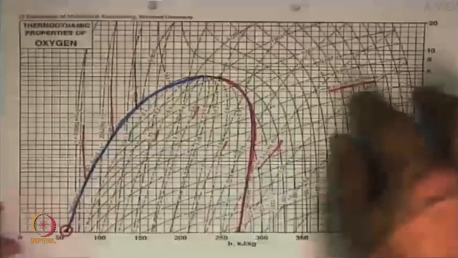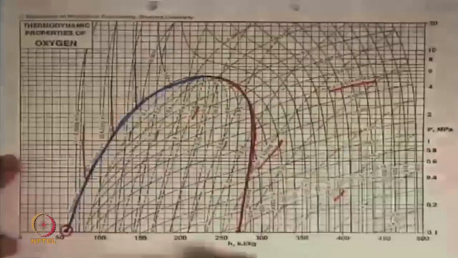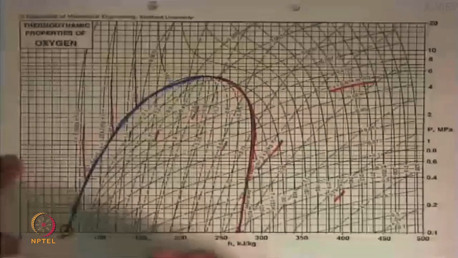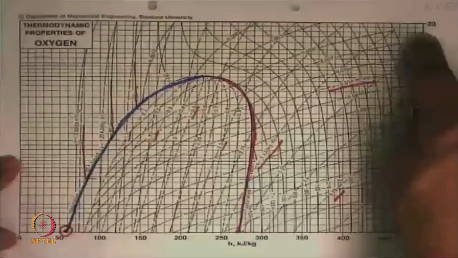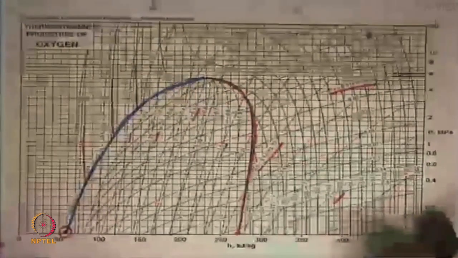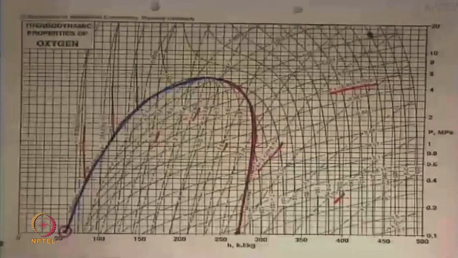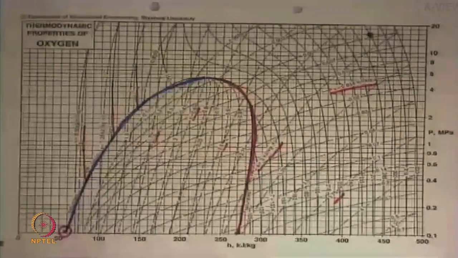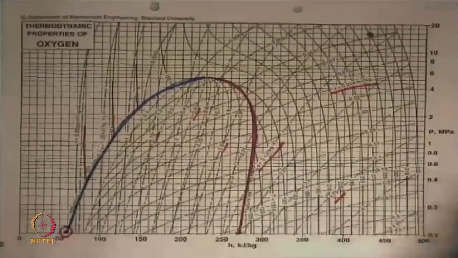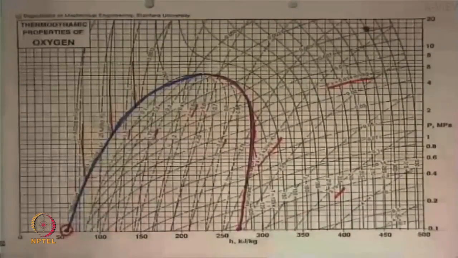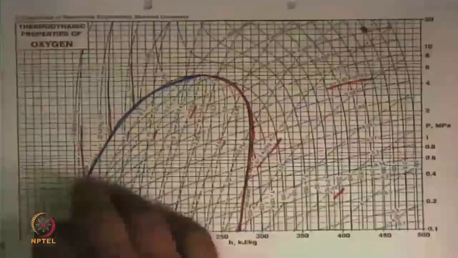For example, a medical oxygen cylinder that comes filled at 150 bar. 150 bar is 15 megapascal, which is somewhere here. And if you ask what is ambient temperature, that's about 300 Kelvin. So the 300 Kelvin line is here. So a medical oxygen cylinder is at this state here. Highly superheated vapor, but substantially high pressure. So we need to think, is this compression going to deviate the behavior from what we are seeing here? Okay, so this is for oxygen.